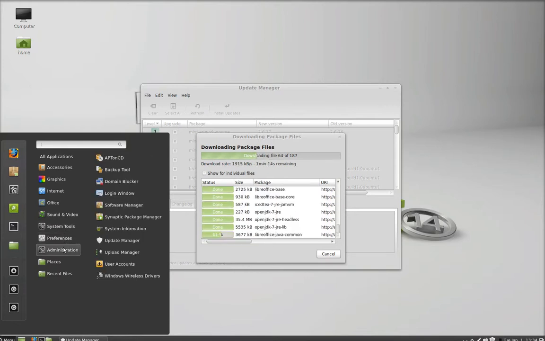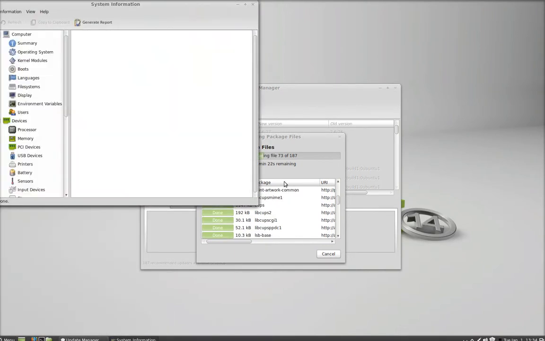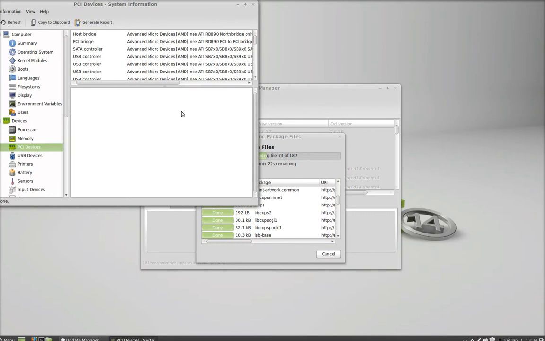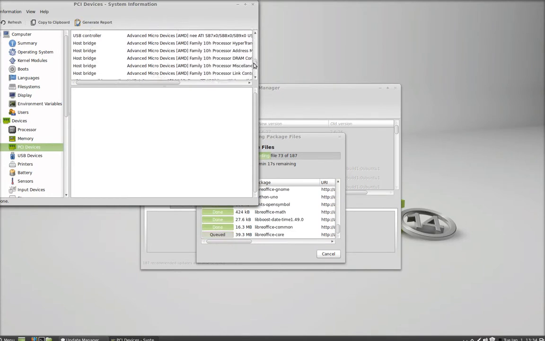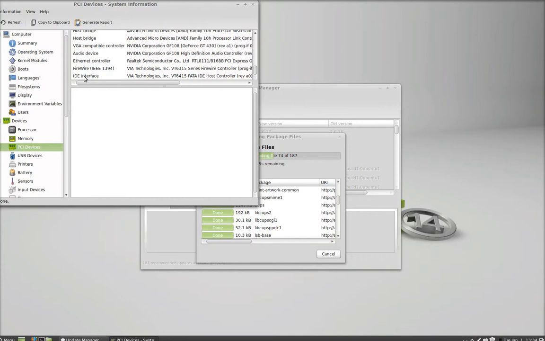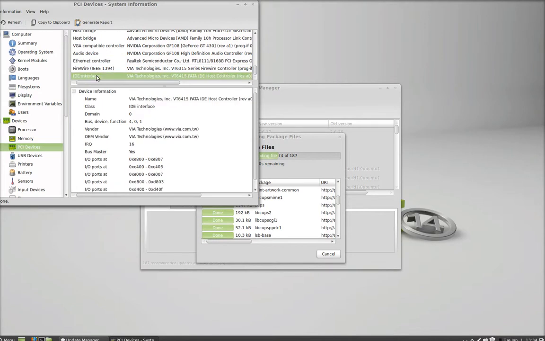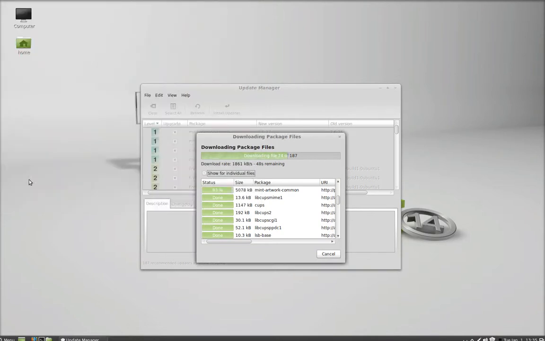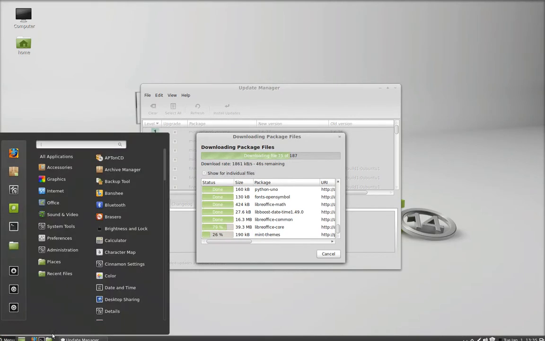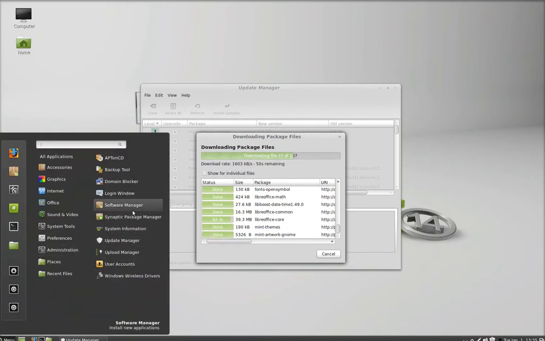and administration. And the one thing I want to show you right here under administration is a lot of you can't get your wireless cards to install after install. So what you're going to do is click System Information, scroll down the PCI devices, because the odds are it's going to be a PCI device. I don't have one installed, but when you get down to this part, because mine's hardwired, I'm using this one right here, it's going to say wireless. Right underneath this, it's always the last one, it's going to say wireless device driver. If you had one like a Windows one, what you would do is you would reopen this, go to the Synaptic Package Manager, it's under the administration panel, open it,